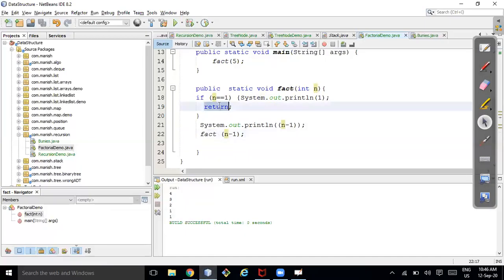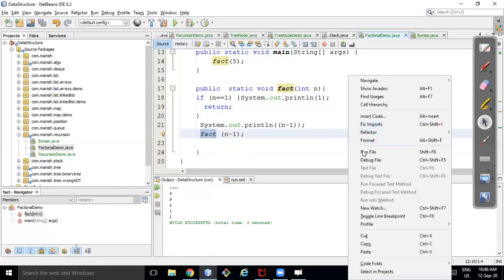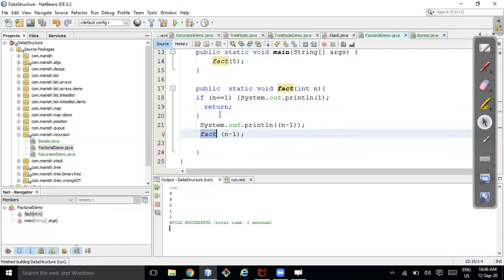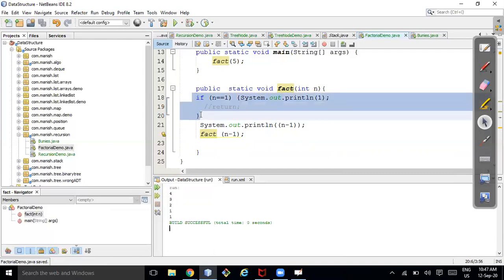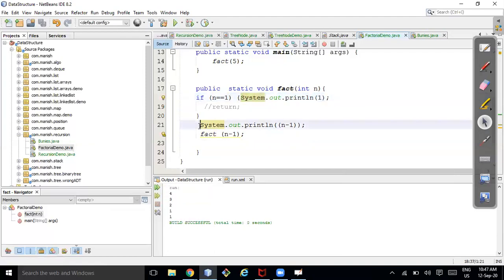Here I have written return, and here I am just writing fact of n minus 1. This is very good. But if I remove the return, then for this if block, this part of the code will only be executed if n is equal to 1, and this part of the code will always be executed whether n is 1 or anything.